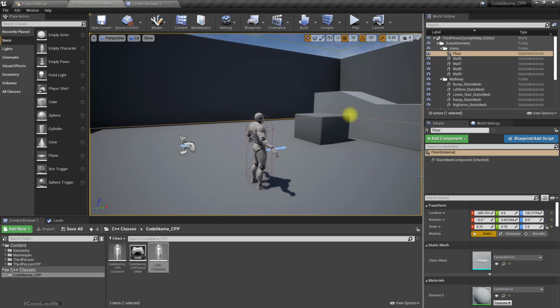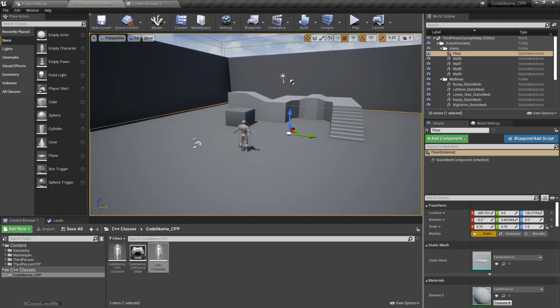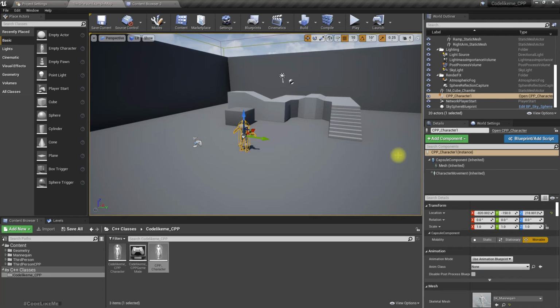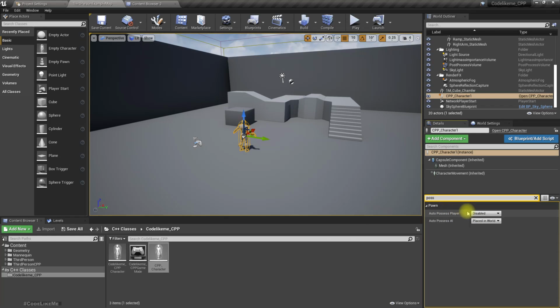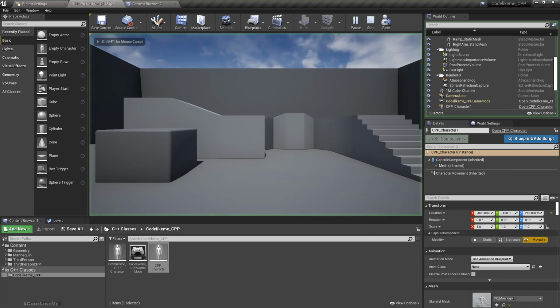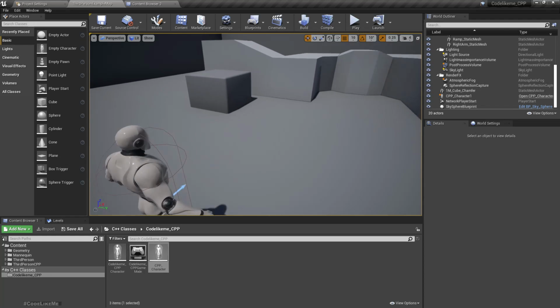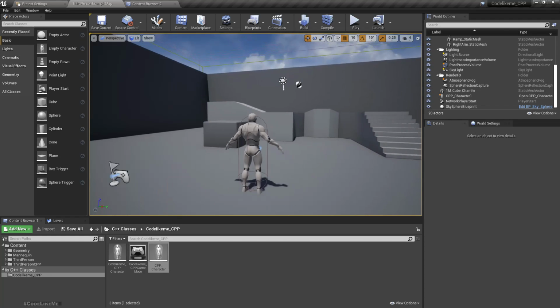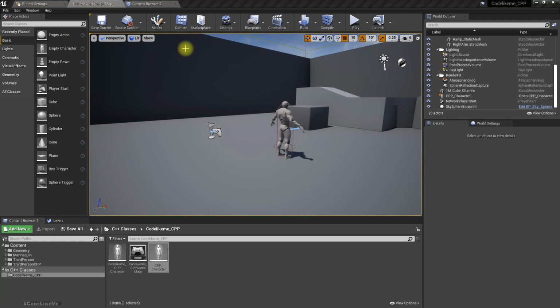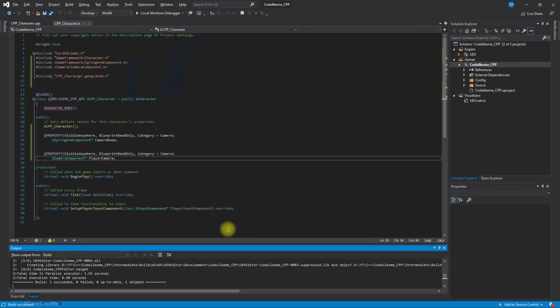Okay, and also let's make this character playable using this auto possess player 0. If I play the game, well, nothing happens because we don't have a camera, so we will be seen like this. Okay, so far we only have a pointer to camera and a pointer to camera boom,